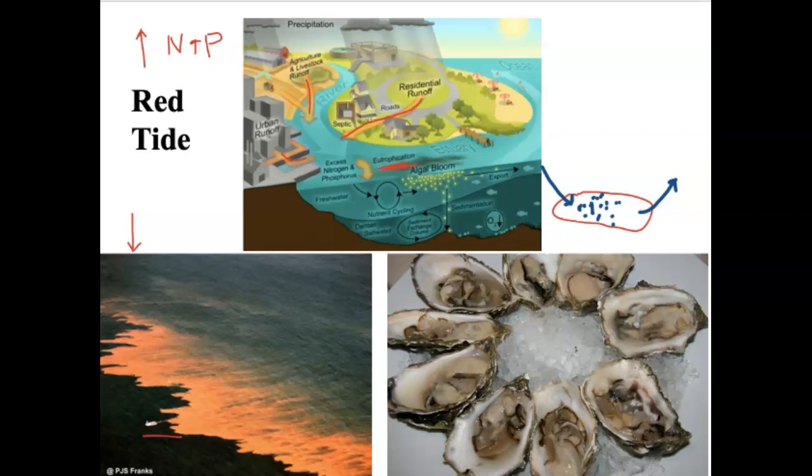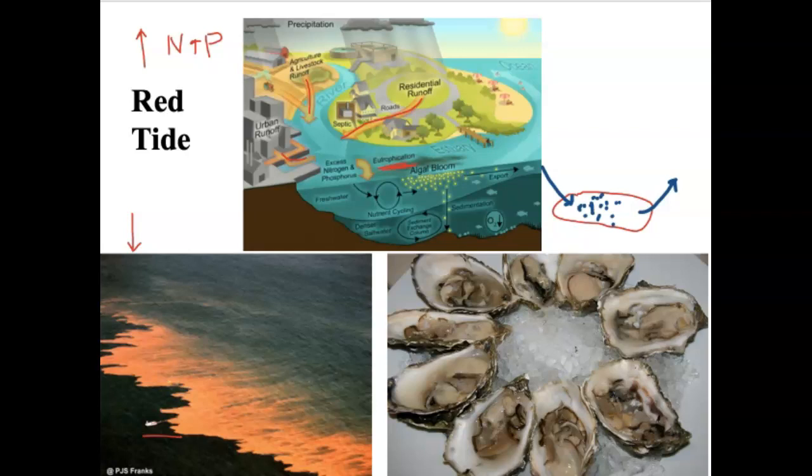normal, sustainable numbers because they do produce oxygen. They're the base of the food chain in aquatic ecosystems. Little animals eat them, bigger animals eat the little animals and build on up through the food chain. So if you crash your dinoflagellate population, you can crash the top of the food chain pretty quickly. So these are things we'll talk more about as we get into ecology and look at how all these things are connected